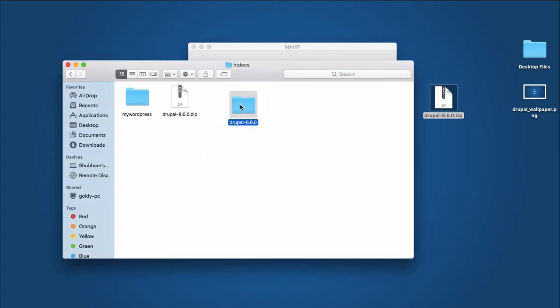Now what we need to do is to rename this file, because this file name is really hard to work with. So I'm going to name it Drupal course and I will hit enter to save the rename process. You can rename it if you are using Windows by just right clicking and clicking on rename. Now what we need to do is to go back to our browser.